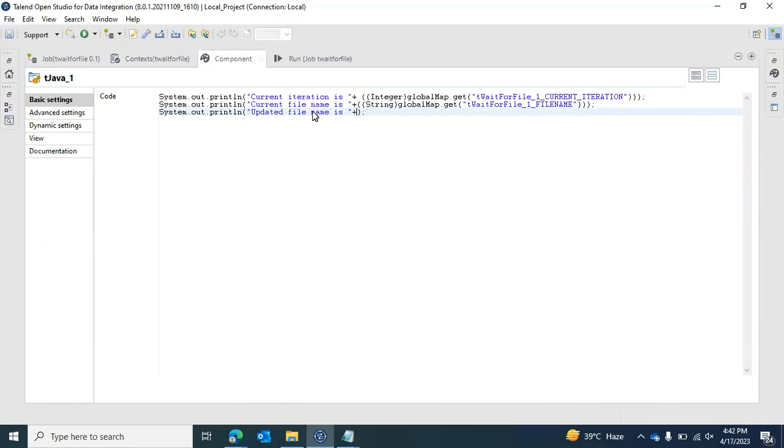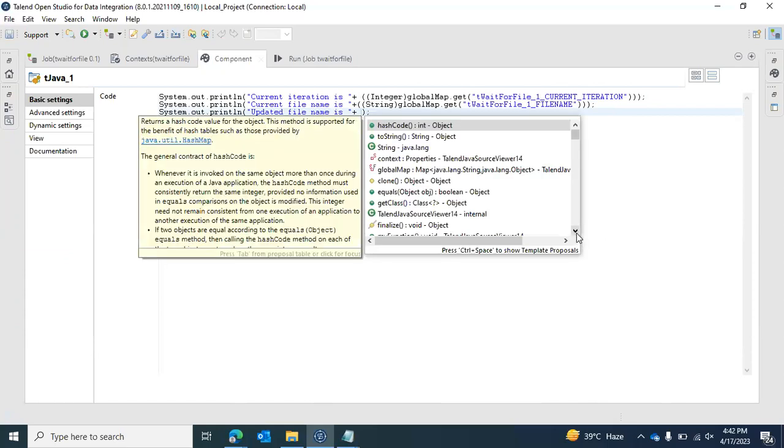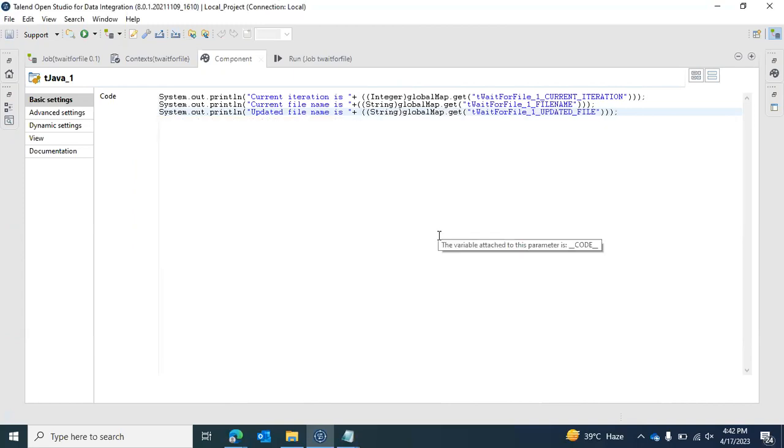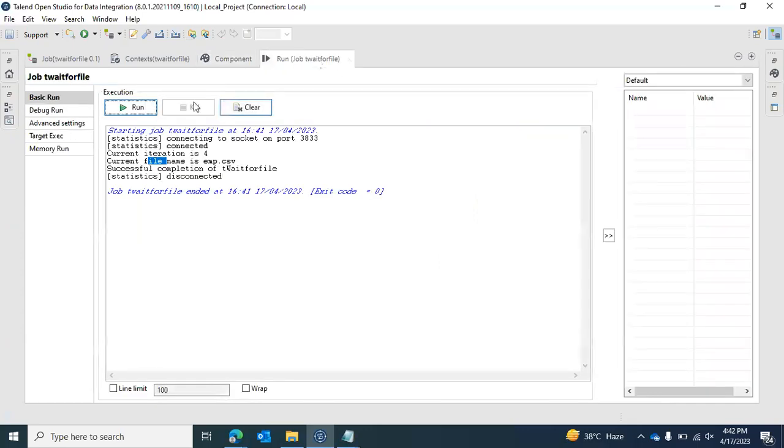File name, plus is Control Space. Now let me pull the other global variable for tWaitForFile. So I'll use this updated file. What it will do is pull the file name that was updated. Now let me run this,